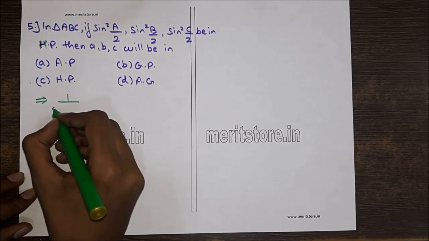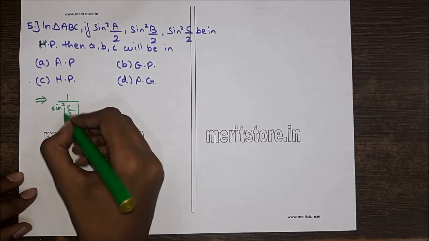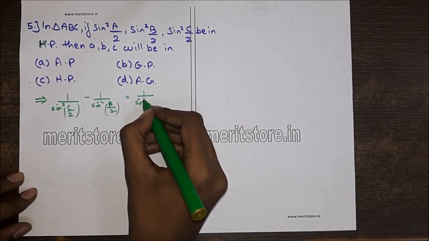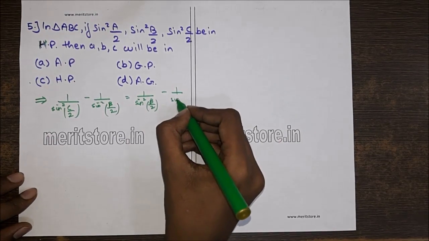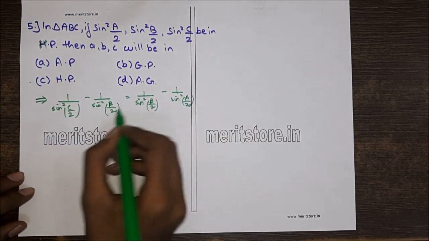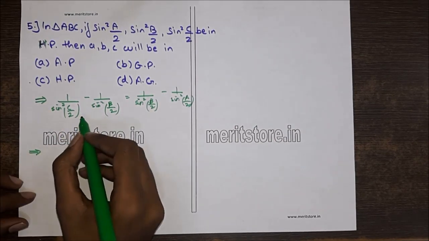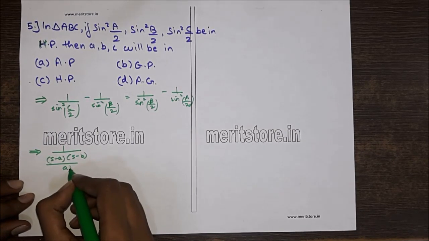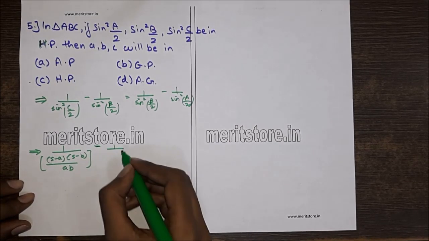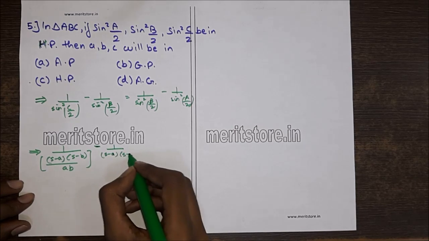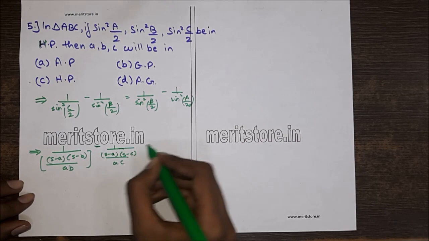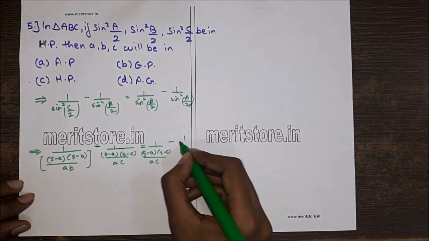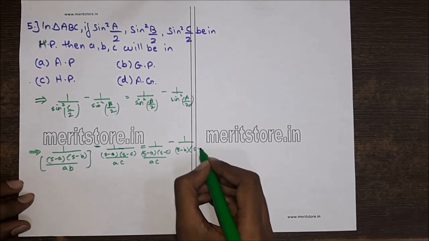So we can say 1 upon sin square C by 2 minus 1 upon sin square B by 2 is equal to 1 upon sin square B by 2 minus 1 upon sin square A by 2. This means the difference between the terms is the same. Now by the property of triangle we can write this as 1 upon (s minus a)(s minus b) upon ab minus 1 upon (s minus a)(s minus c) upon ac, that is equal to 1 upon (s minus a)(s minus c) upon ac minus 1 upon (s minus b)(s minus c) upon bc,